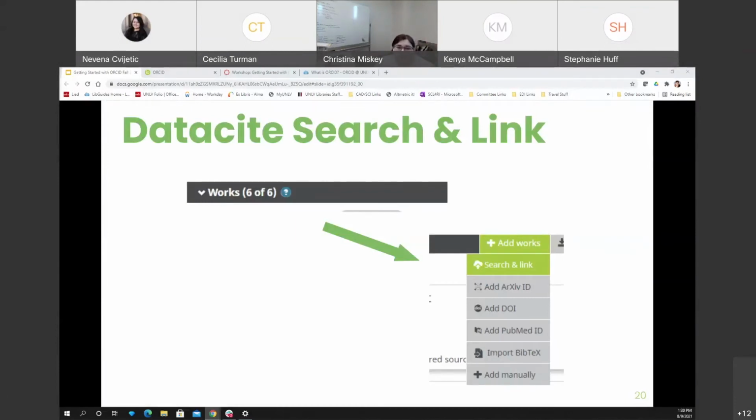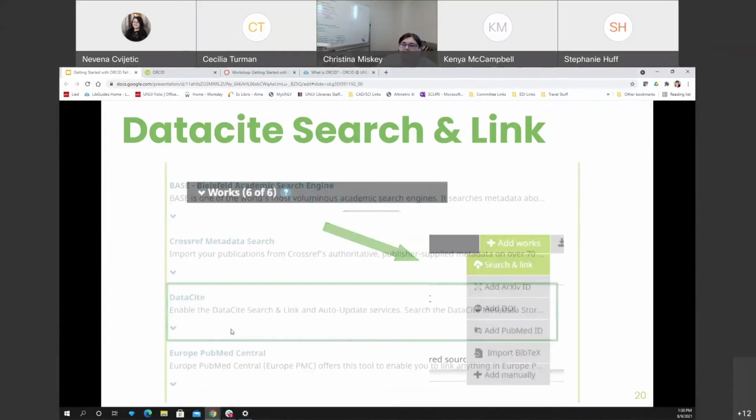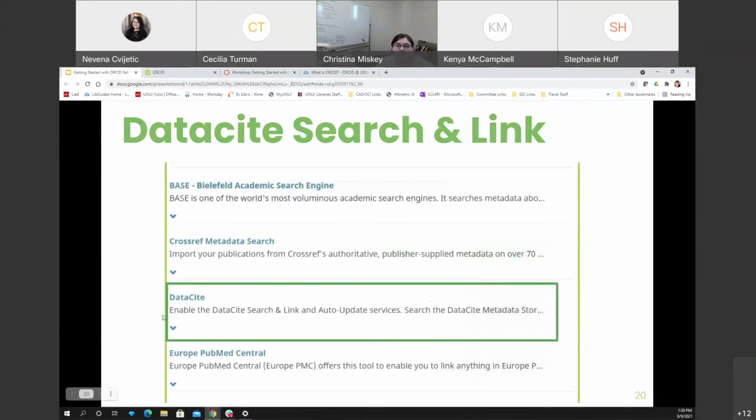So in your Orchid record, you're going to go to the Works section that I just pointed out. Then you're going to click Add Works and then select Search and Link, which should be the first option from the available options that are listed. Next, you're going to locate DataCite on the list that pops up in that work section and click on that. You're going to be taken to a new screen after that